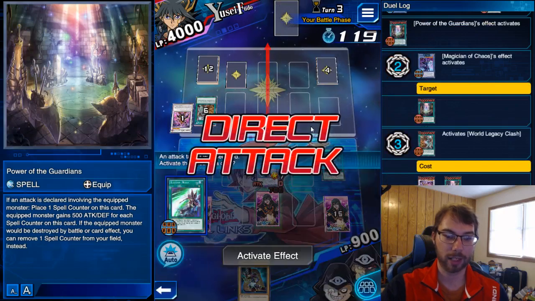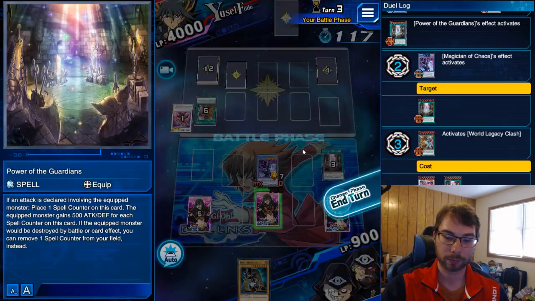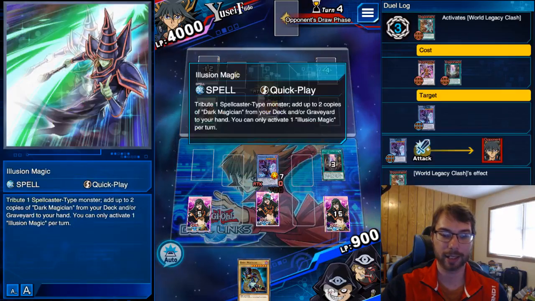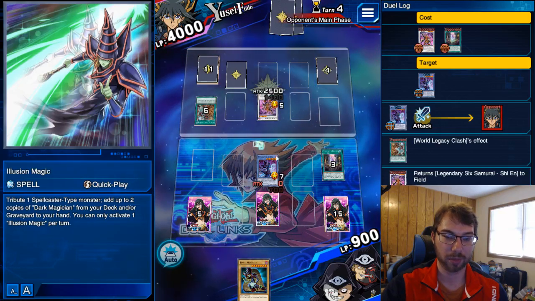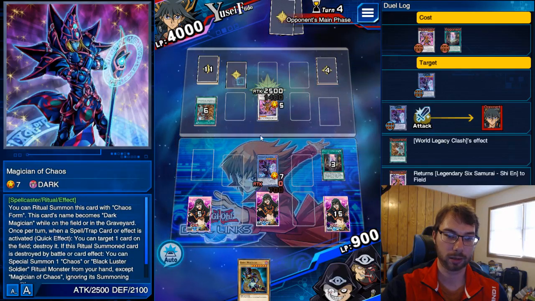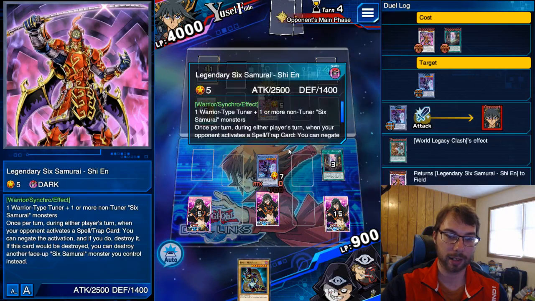Yeah, we'll attack. I'll attack you for 0. I'm not afraid. So on his turn... Oh, he can negate this, though. That's unfortunate. Maybe we should have tributed and blew up his back row. He does have...